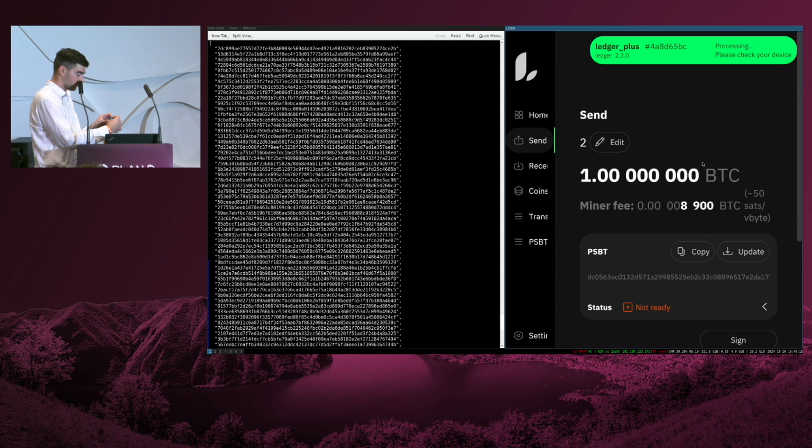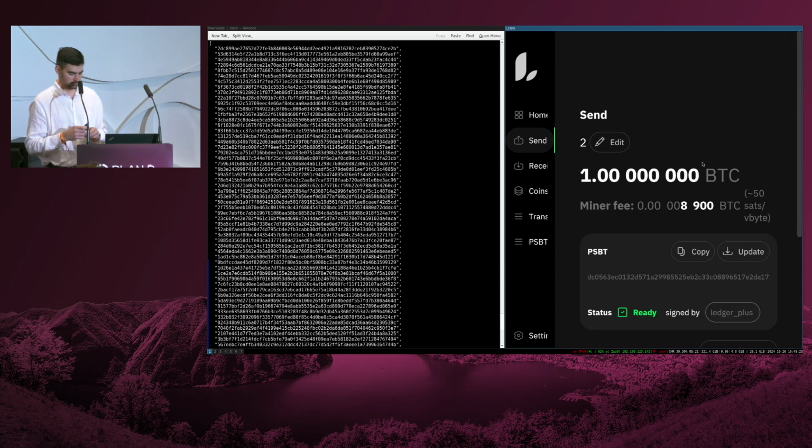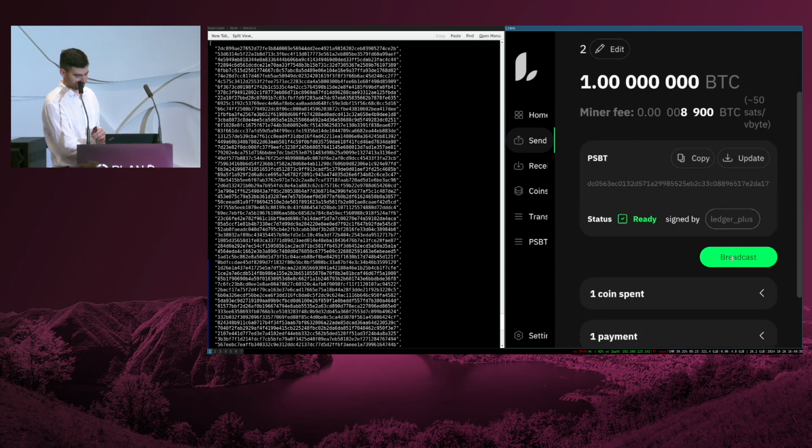I see the destination address here. You should always do that: check that it's the same as what you see on the screen. You continue. It shows you the fees. And sign transaction, and it will send the partially signed transaction back to Liana, and now we are ready to broadcast here. We just click on it.